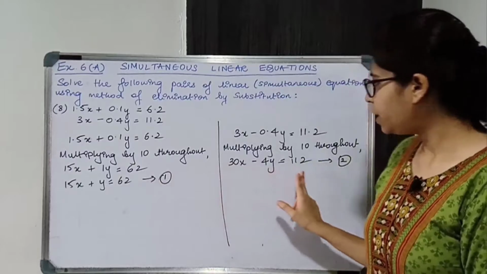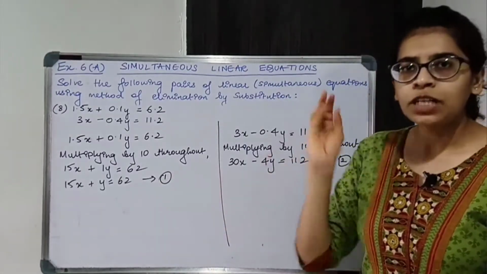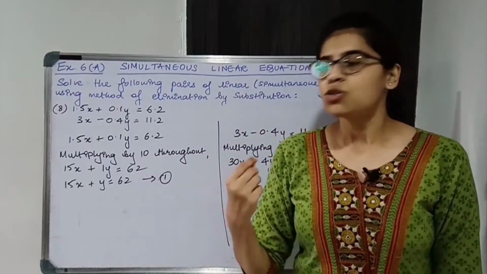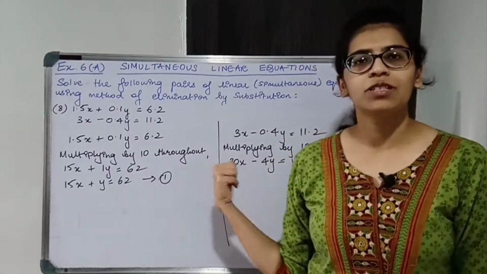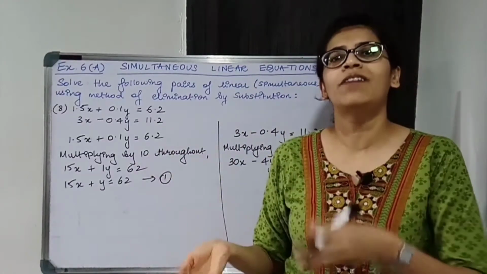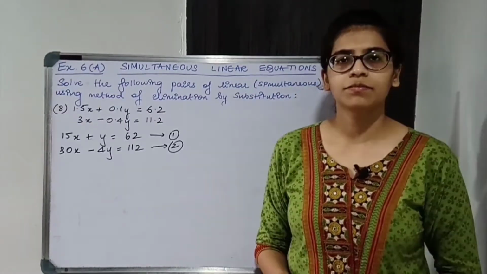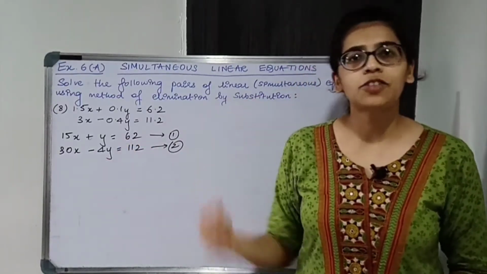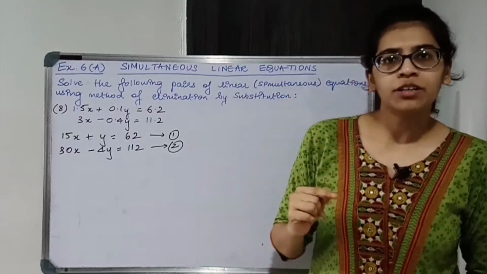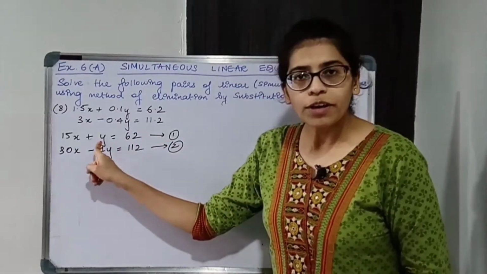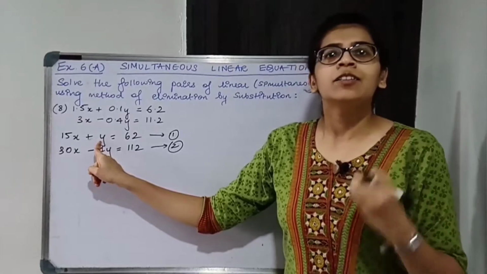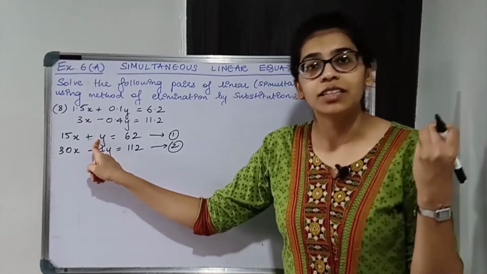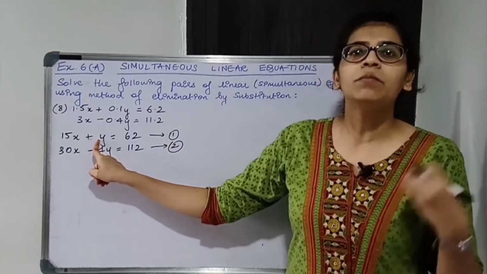We got two equations. Now after numbering, what do we do? Consider one of the two equations. So we'll be considering one of the two equations and express x in terms of y or y in terms of x. Okay. Now out of the two equations, I'll be considering the first one. Why the first one? Because I've told you earlier also, if you see the coefficient 1, then consider that equation. So here the coefficient of y is 1, so let us consider that equation. Okay, it will become easy.